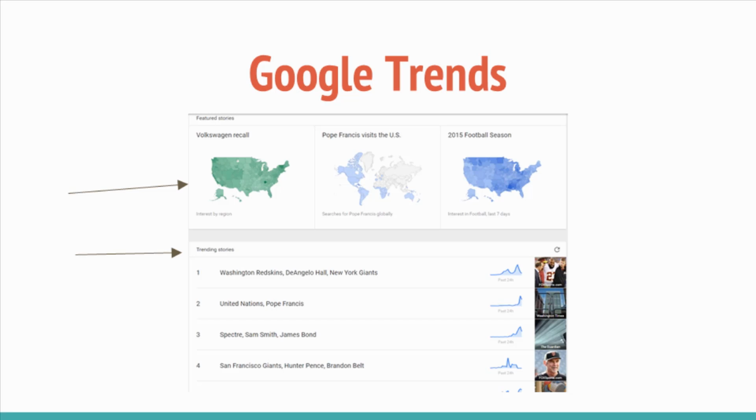Now, I feel like this goes without saying, but I'm going to say it anyways. If you are going to use something that is currently trending, you need to make sure that your broadcast is actually about that trend. For example, on this Google Trends screenshot, we can see number one is the Washington Redskins and New York Giants football game that just happened this past Thursday night. So if I were to use that in my title or use some type of hashtag like New York Giants or Redskins game,